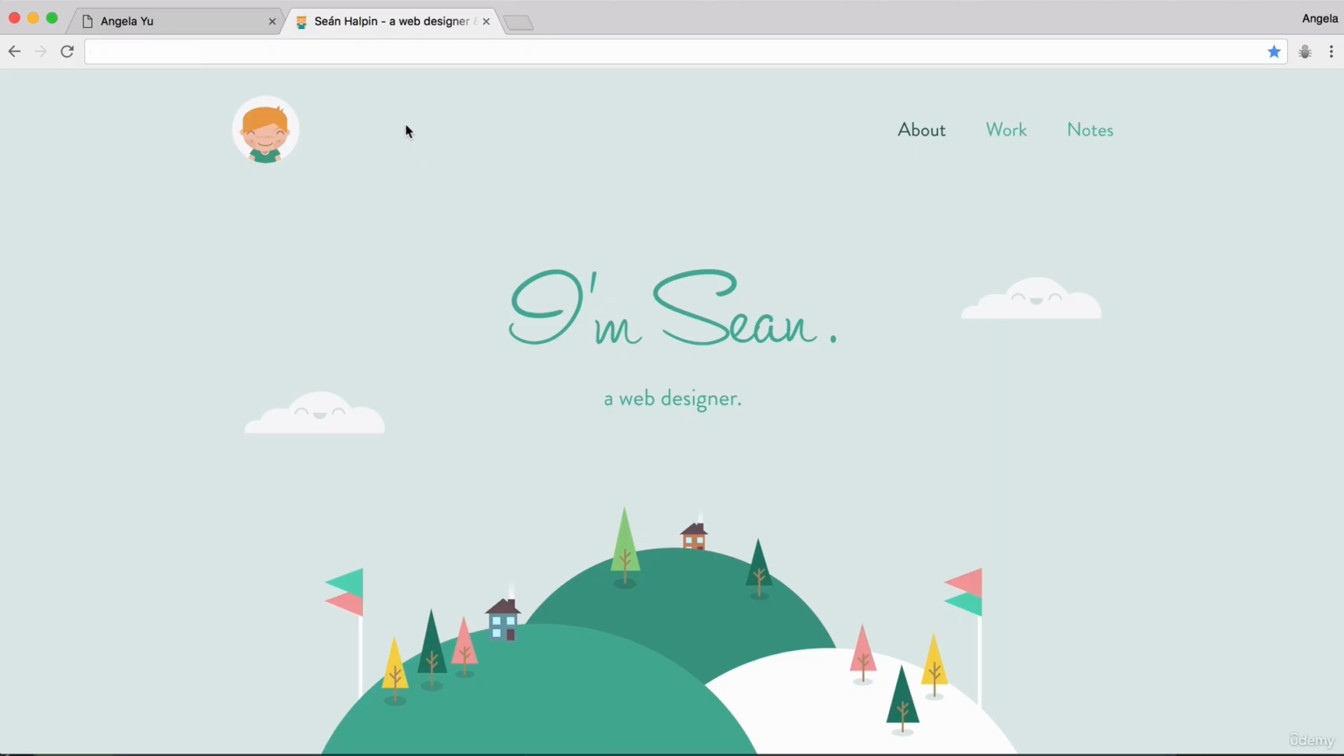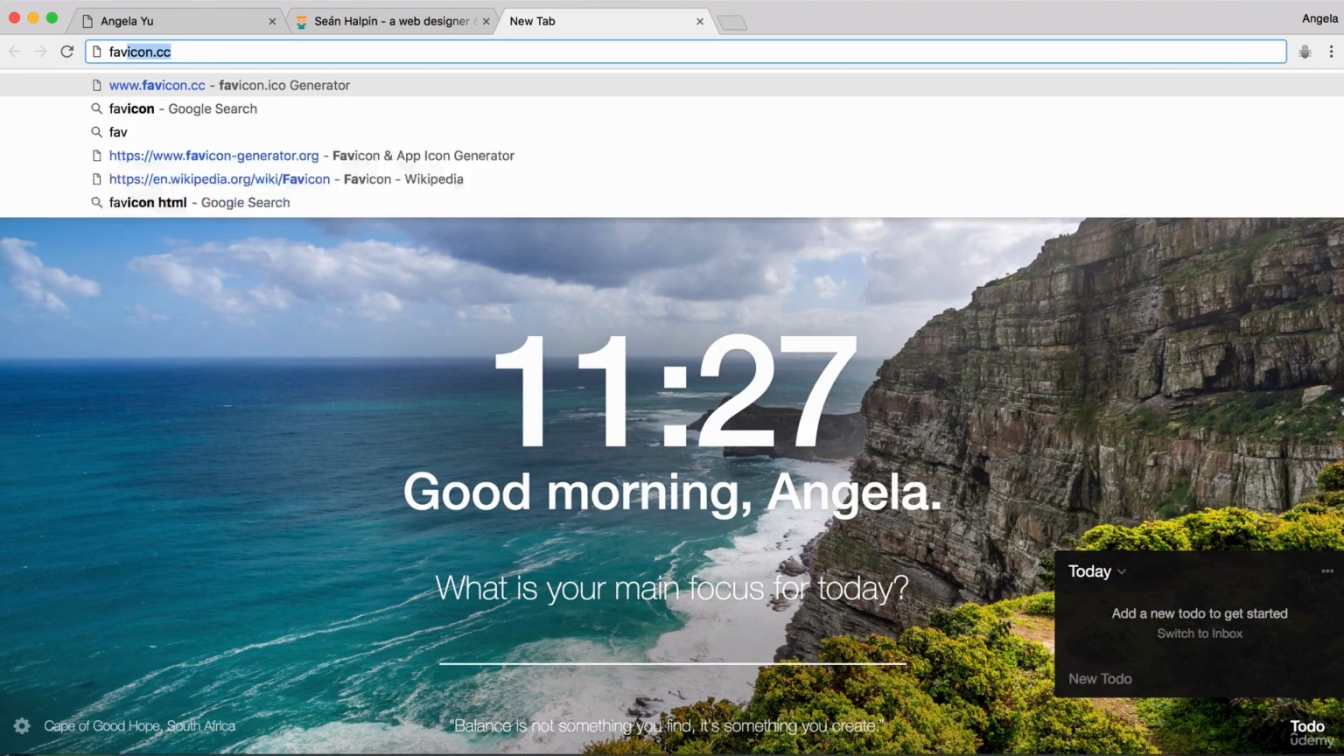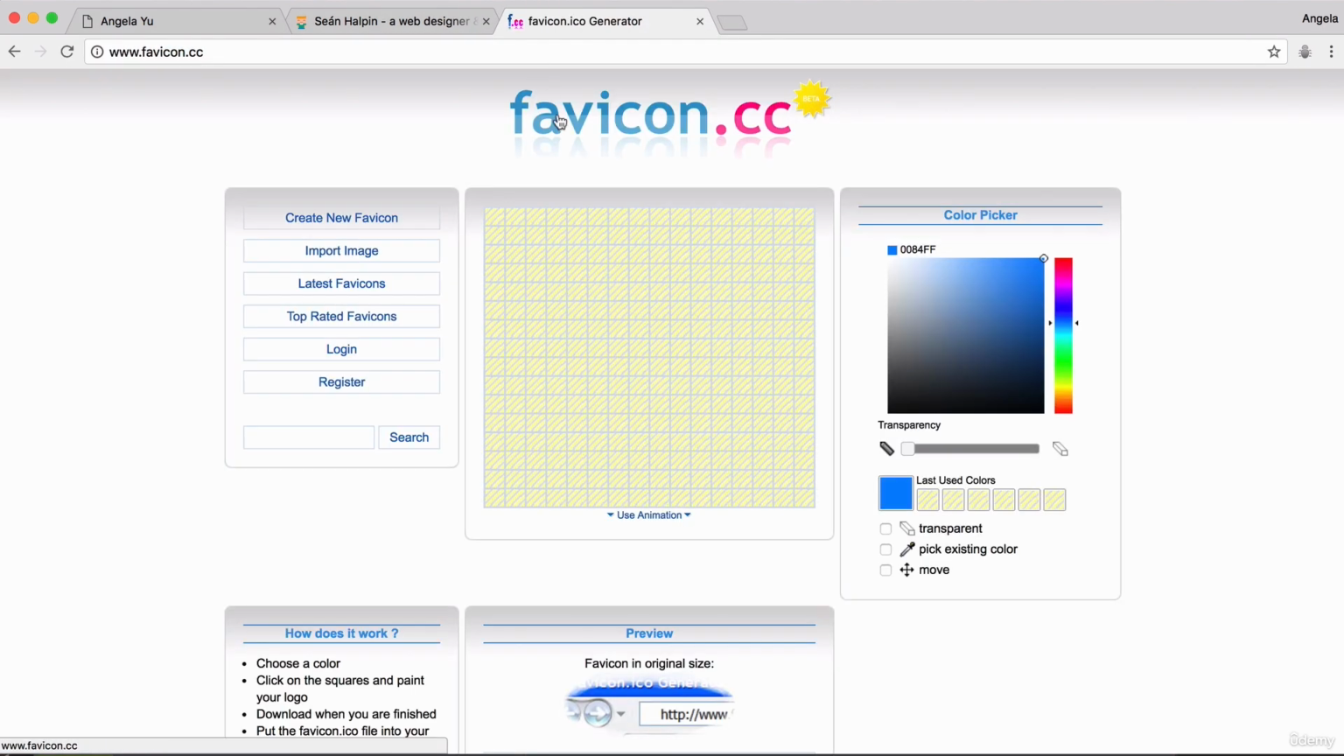But now that doesn't work anymore, because the browsers will try to display the favicon for all websites, whether you've favorited it or not. But it's a nice little touch, and this is something that we want to implement. Now, if you want to do this, just head over to favicon.cc, and here you can create a brand new